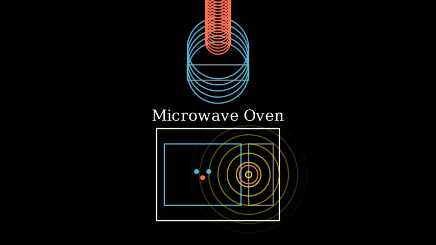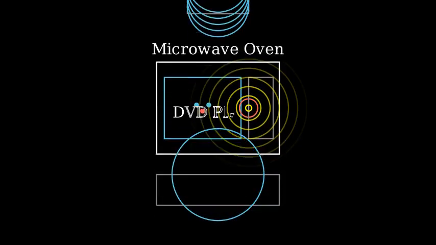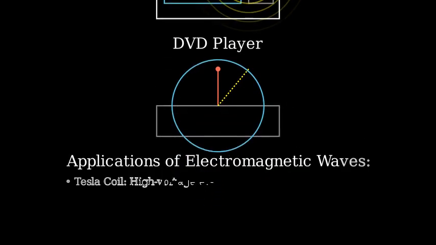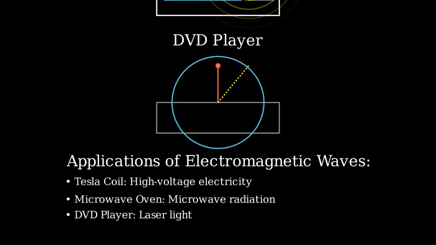Finally, let's see how a DVD player works. A DVD stores data as microscopic pits on a reflective surface. A laser beam reads these pits, and the reflected light is converted into digital signals that become the video and audio we experience. These three devices demonstrate different applications of electromagnetic waves: high voltage electricity in Tesla coils, microwave radiation